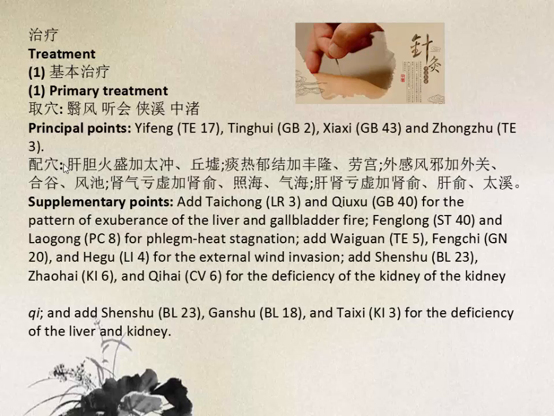These two points are, I would say, for exterior patterns, right? Gallbladder 20 also clears the sense orifices, so the eyes, ears, nose, and all types of wind conditions, we use this point. If it's exterior, we should probably use it. I will add that it also does clear, quote unquote, head wind. So when we have certain types of liver yang rising with symptoms in the head, we do sometimes add this